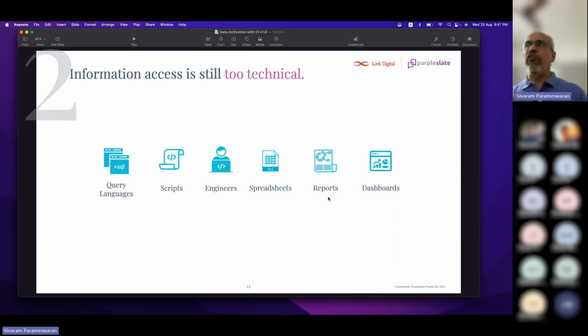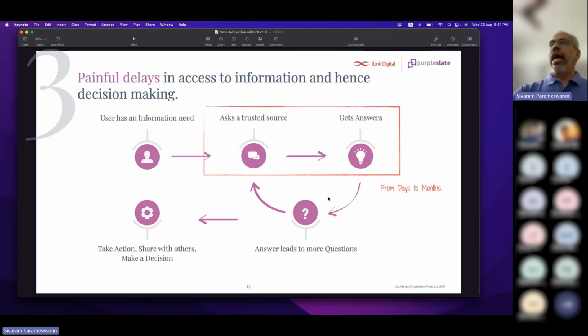And the information access is still way too technical. It is not that close to the business users, who still need to be familiar with some of these underlying technologies to consume this. That's why we are saying, why can't we just make it extremely simple, by communicating in language, or rather, in simple English terms, right? And this cycle in terms of how we produce and consume information just goes on and on.